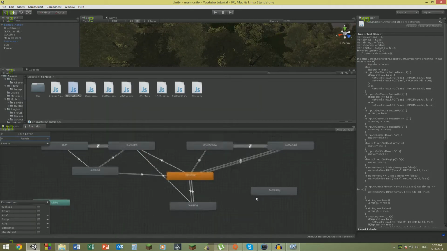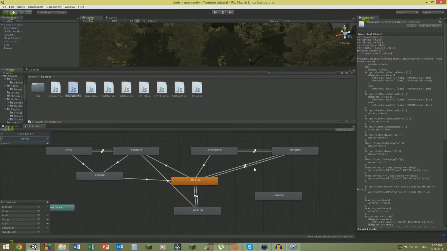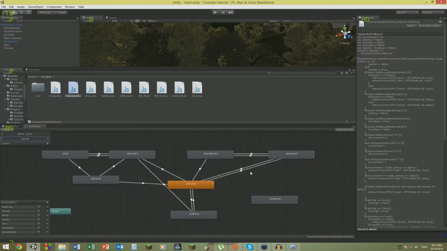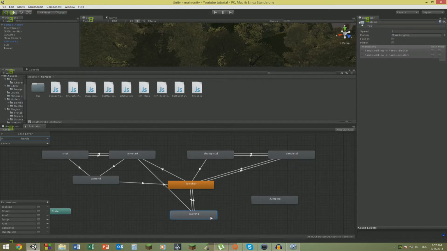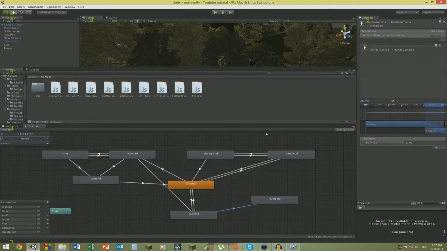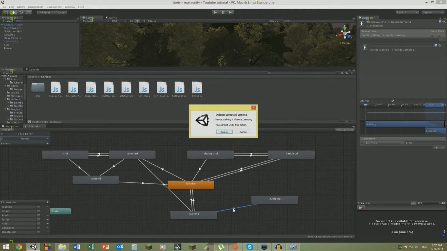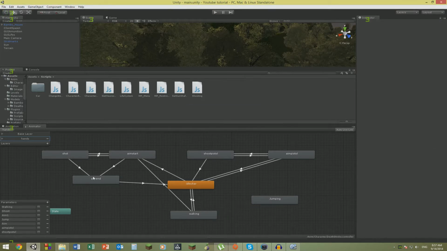So yeah, now we have this scheme. It's pretty basic. If you don't know how to use Animator, you have to right click on this thing and make a transition, and it goes to this jumping, and it's going to make a transition from walking to jumping, and you're able to set the conditions. So yeah, there is a Unity tutorial which better explains everything. So yep, and now